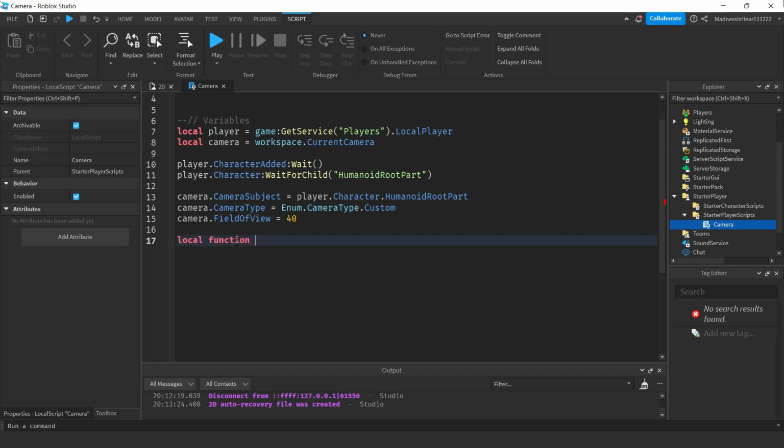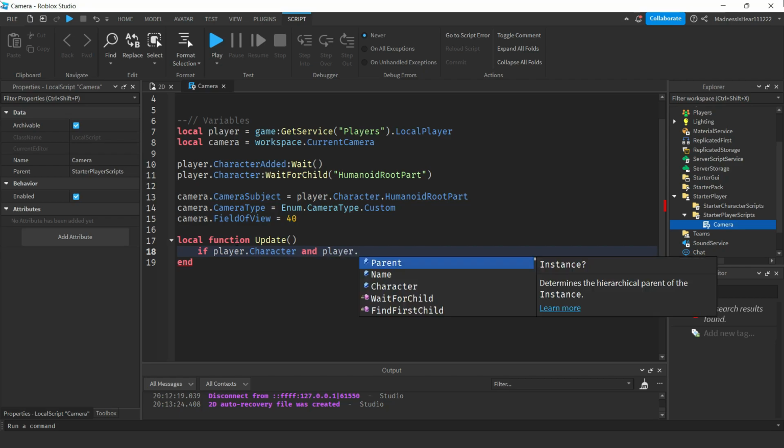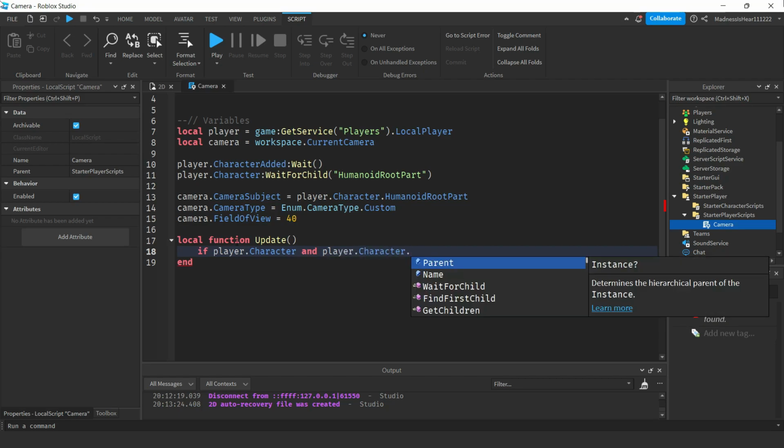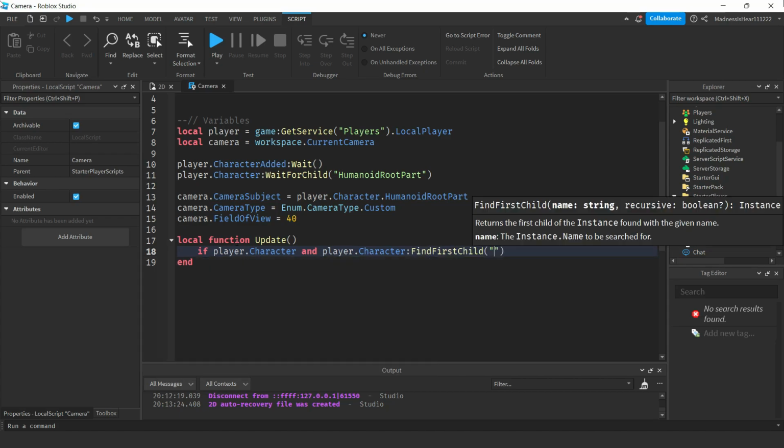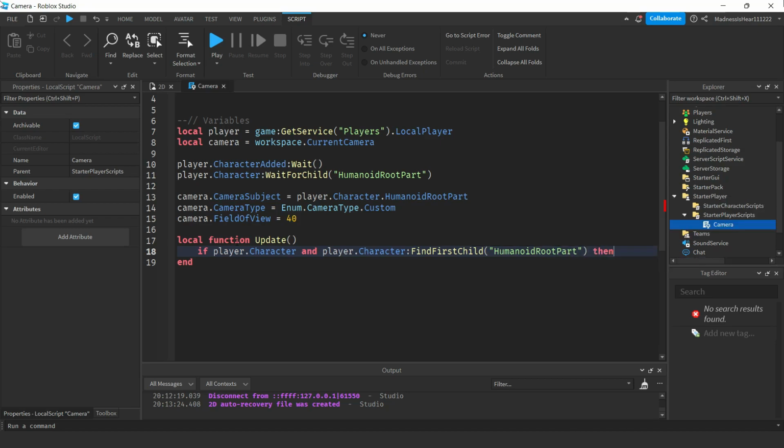Actually, so local function update. If player dot character, so the player dot character and player dot character dot FindFirstChild HumanoidRootPart, then